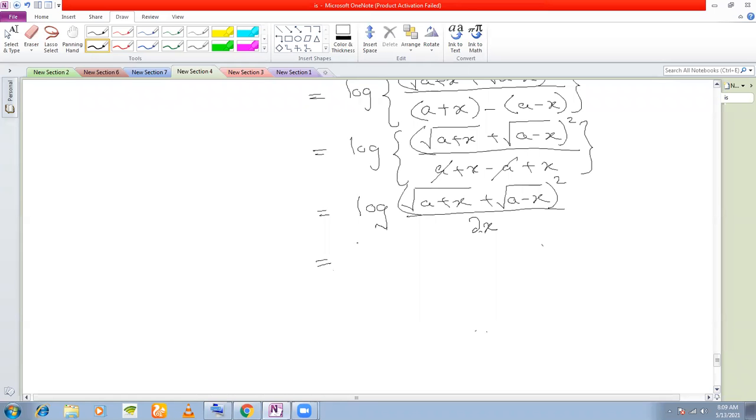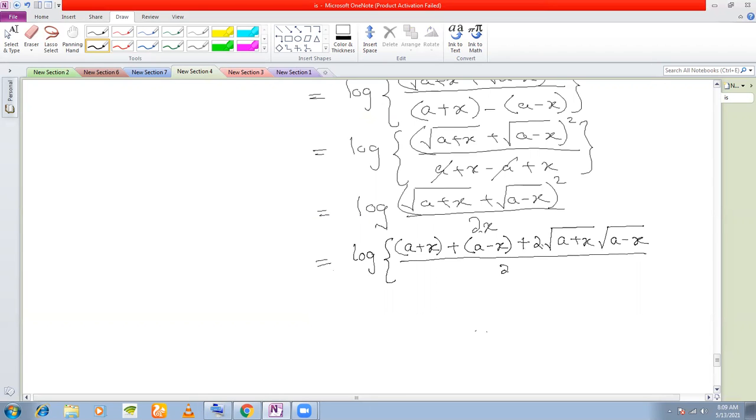From this step on, I will just expand the numerator here. Okay, so log, if you expand the numerator, what are you going to get? A plus root a plus x square, which will simply give you a plus x. I'll get a minus x similarly, and 2ab term will be there. So plus 2 root a plus x root a minus x